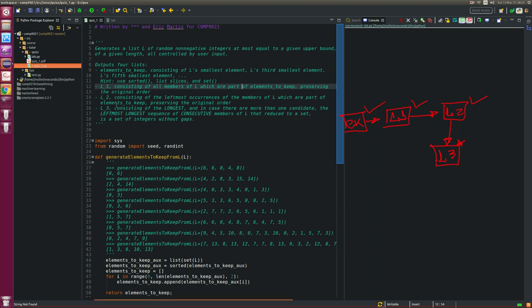So, L3 consisting of the longest, this is important, and in the case there are more than one candidate, the leftmost longest sequence of consecutive members of L that reduced to a set, a set of integers without gaps. Alright, so let's see this. What is he saying here? So the longest, well,